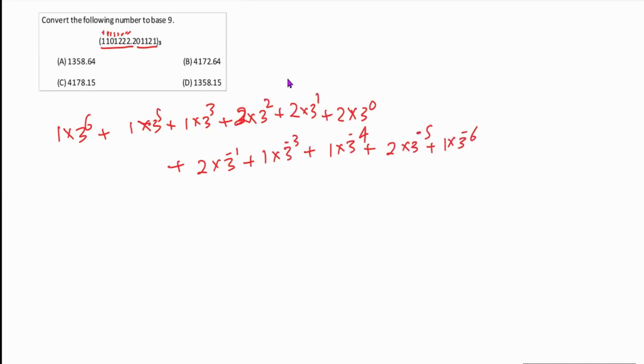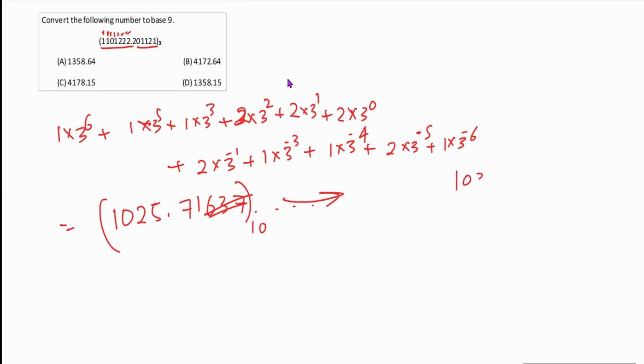If you solve it, you will get some number like 1025.71637. I can take all those values, or I can neglect some. I will take till here. It will not affect your answer. Now this is your base 10 basically, and base 10 you can convert into any base. So basically you need to convert into base 9.